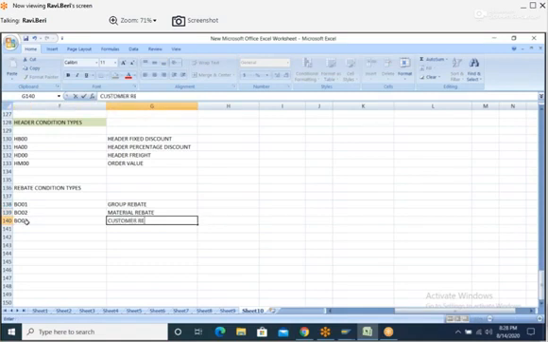BO03, customer rebate. These are rebate condition types.